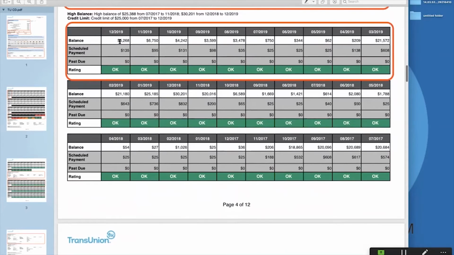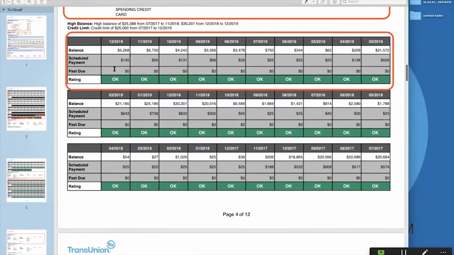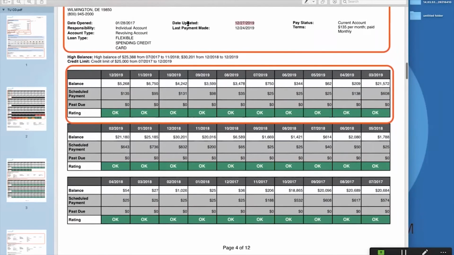Now notice here, this is what we want to watch. Notice there's a balance, scheduled payment, how much is past due. But down here, that scheduled payment, when they're giving us what a scheduled payment looks like, they're calculating when the payment was made, right? When is it scheduled? And then up here, it says, when was it paid? So those data points are what they use to calculate whether you paid on time that month.